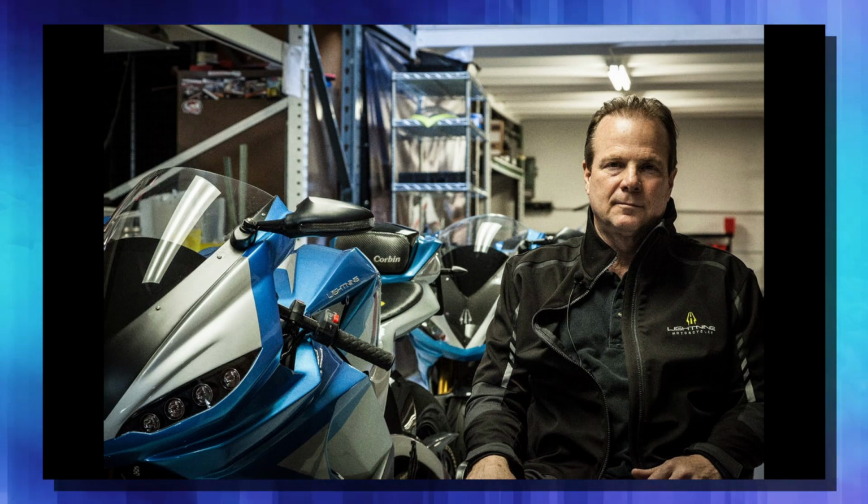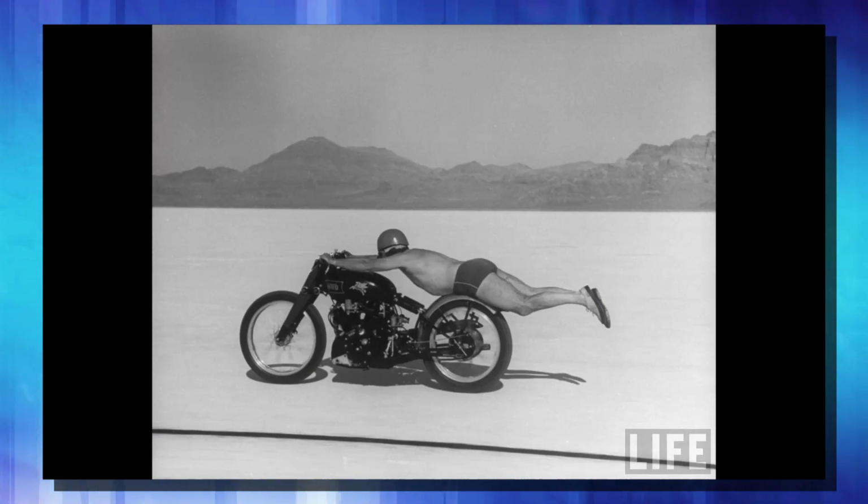So he devised the idea to come up with the LS2 ?R. Because you know, in superbike territory, when you put an R at the end of the name, it's a faster bike. And from the looks of it, he may have it. According to Hatfield, this new R bike makes around 250 horsepower from its electric motor. They believe that by Saturday, when they plan on running Bonneville again, they'll be closer to the 300 horsepower